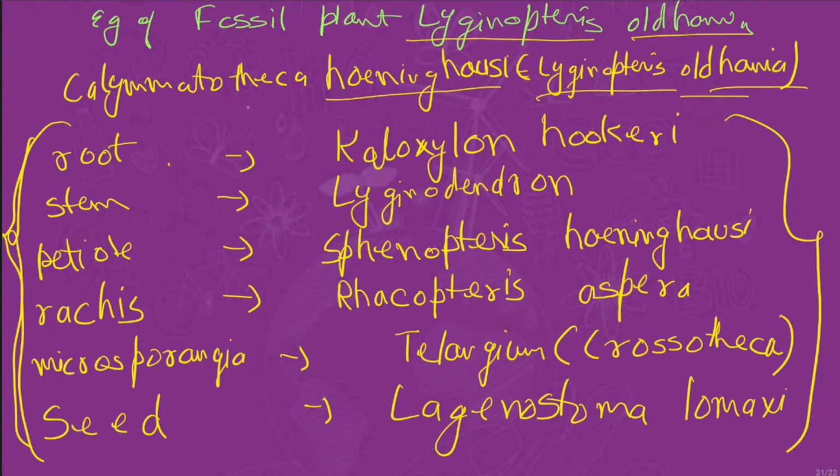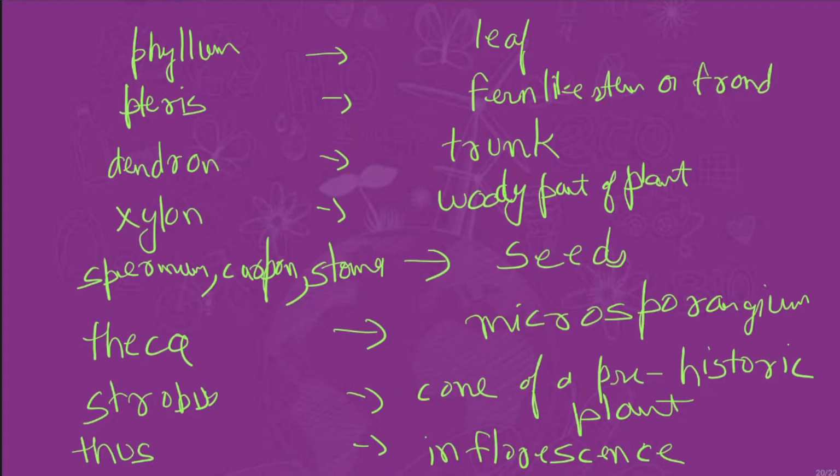Root is Heterangium hookeri, stem is Lyginodendron, petiole is Sphenopteris hoeninghausi, rachis Rachiopteris aspera, microsporangia Crossotheca, also known as Telangium Crossotheca. Seed is Lagenostoma lomaxii. The nomenclature is completed. Phyllum, leaf; pteris, fern-like; dendron, stem, trunk; xylon, woody part of the plant; sperma, seed; theca, microsporangium; strobilus, cone of a prehistoric plant. Thus, inflorescence is like a trace of